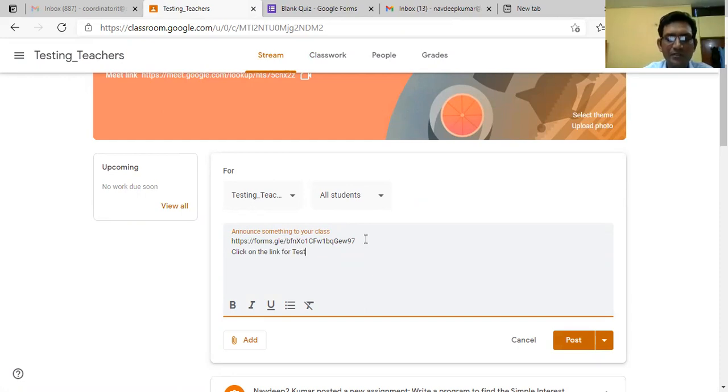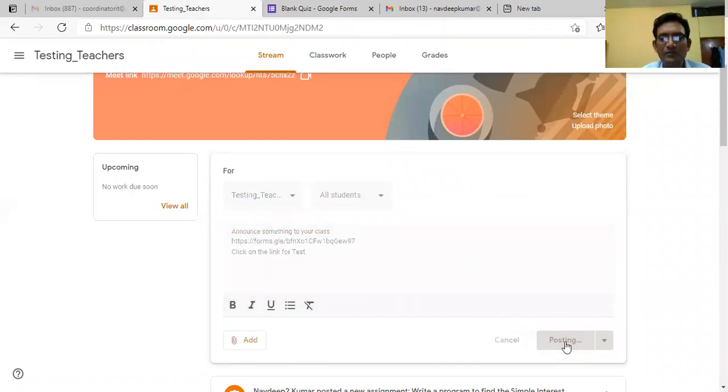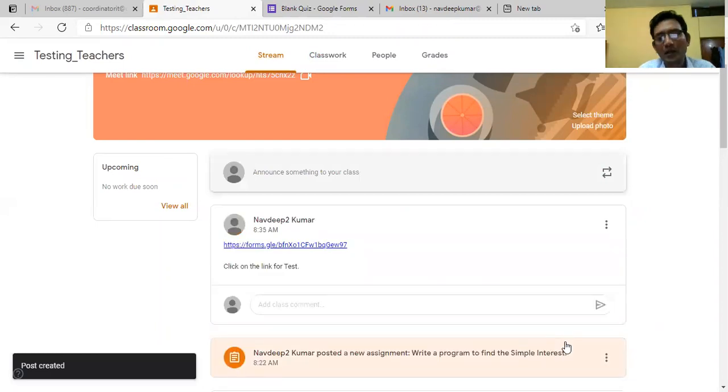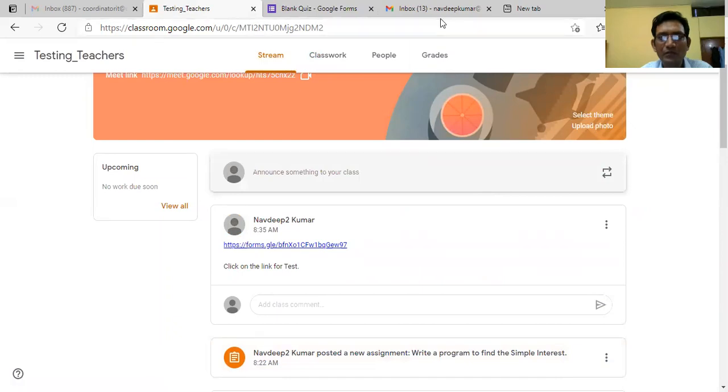You can set the timing also accordingly, on which time you want to activate this one, and send a post for it. Because we are familiar with how to go with Google Forms, I have not gone into too much detail, because otherwise the presentation would be quite long for you also.